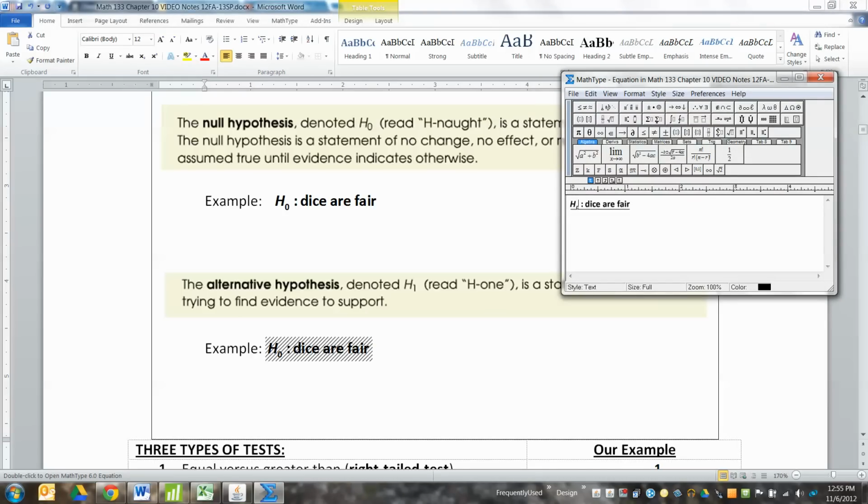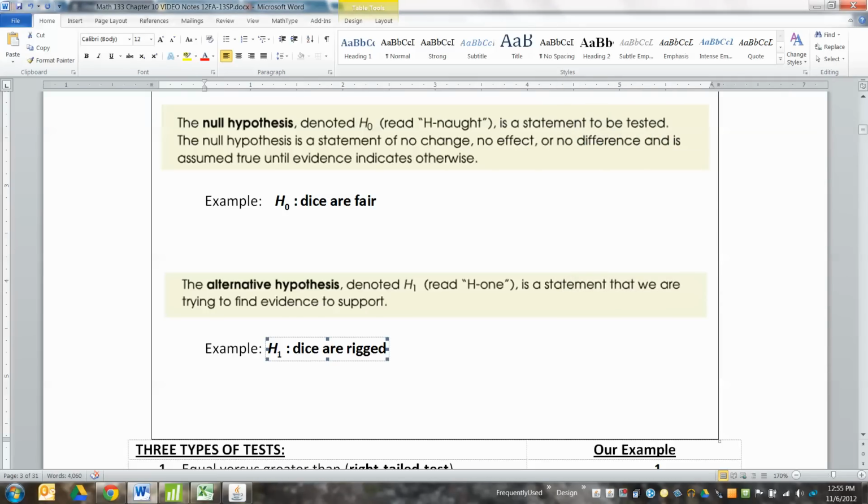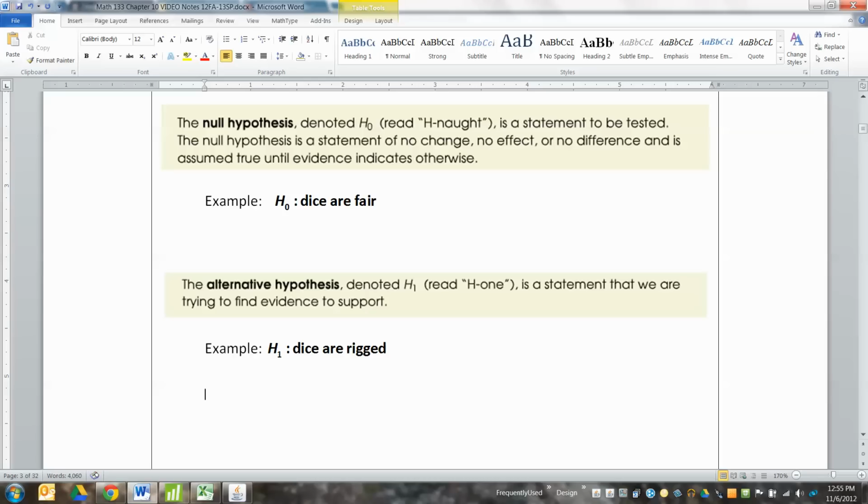Oh, and by the way, the 0 is not, as in all for naught, right? So not N-O-T, but naught, N-A-U-G-H-T, or you can just say H0, or the null hypothesis. Now, the alternative to that is that the dice are rigged. They're either one or the other. That's the alternative hypothesis. In general, remember this part, note, the null hypothesis is assumed to be true,